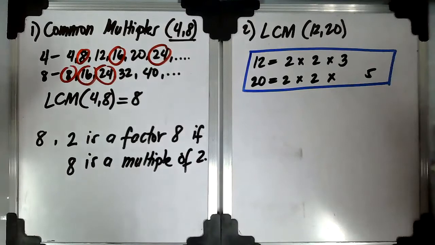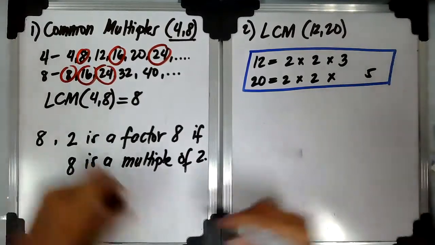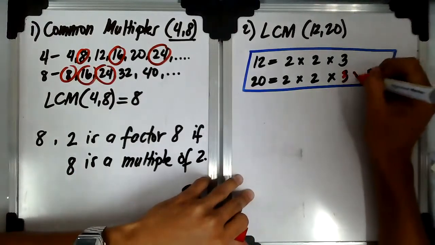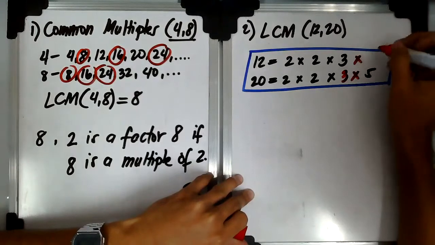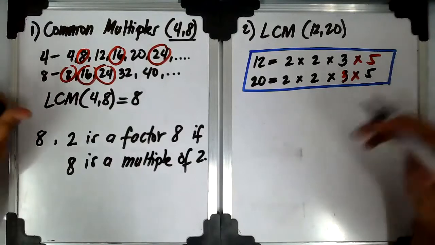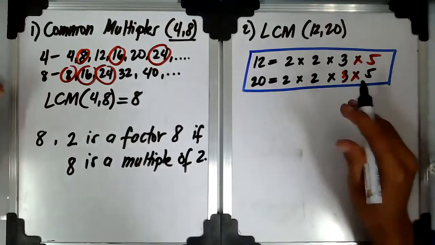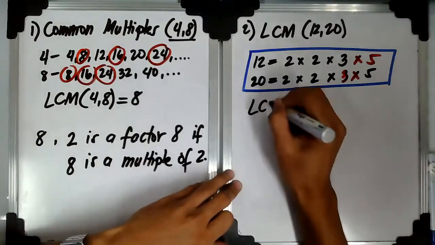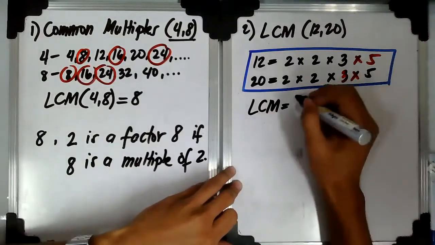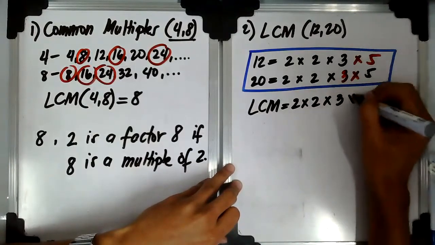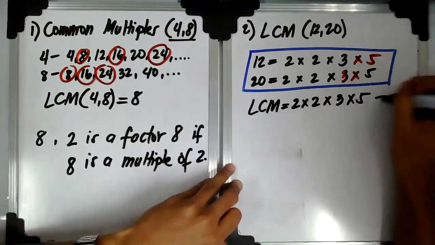All right. But to get the LCM, we fill in the column of the factors that these two don't have in common, which are 3 and 5. So we have here 3, and in 12, we have here 5. In this way, you can notice that this is the multiple which 12 and 20 have in common. So the LCM of 12 and 20 is equal to 2 times 2 times 3 times 5, which is equal to